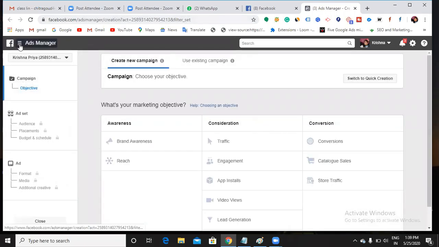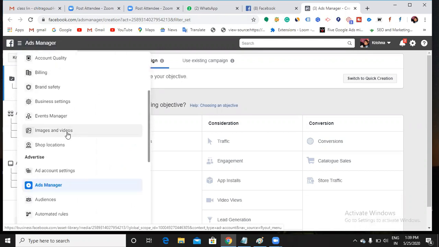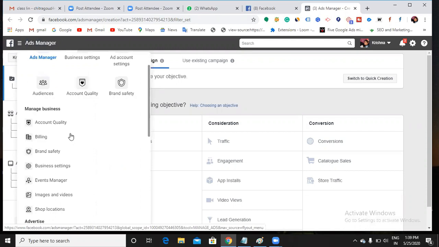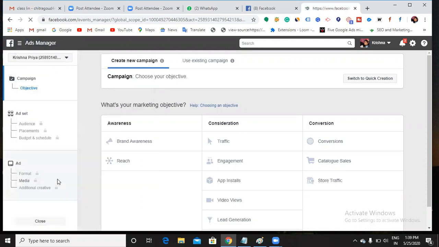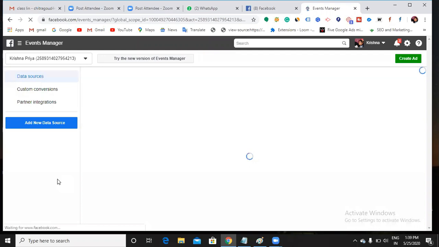Here there are three lines called ads manager. If you click this, you'll find many things here. Just go to the events manager. There it will show you how to set up the pixels.